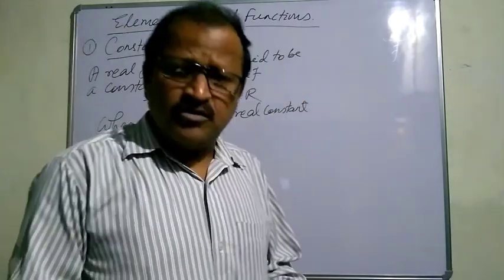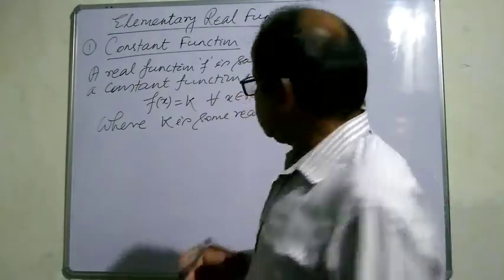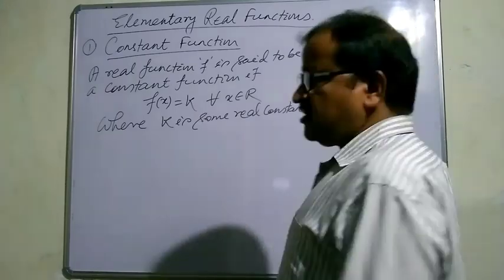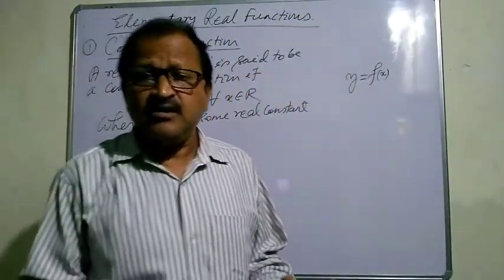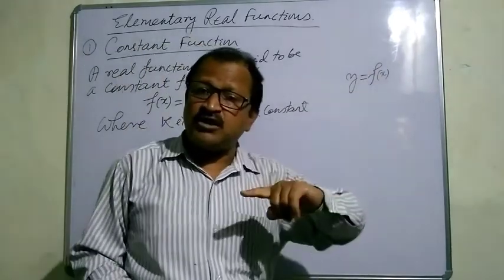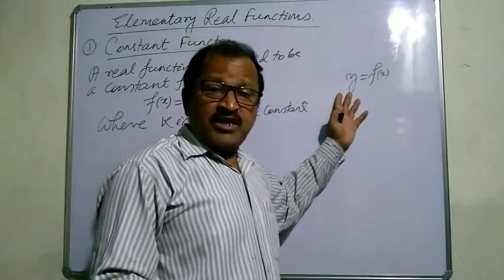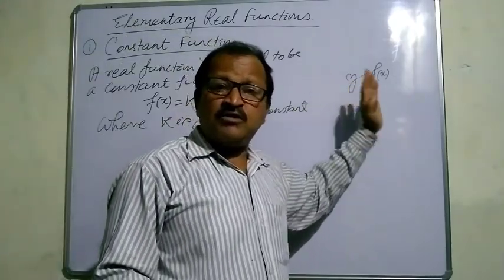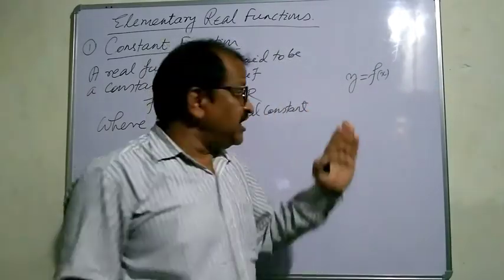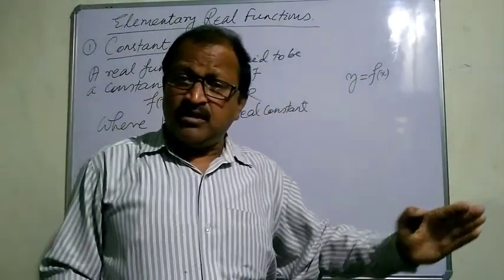You see, we have discussed variables. Suppose y is a function of x. Here x and y are two variables. X is called the independent variable, y is called the dependent variable. You know it. Why is it called the dependent variable? Because its value depends upon the value of x. X runs over the said domain independently.